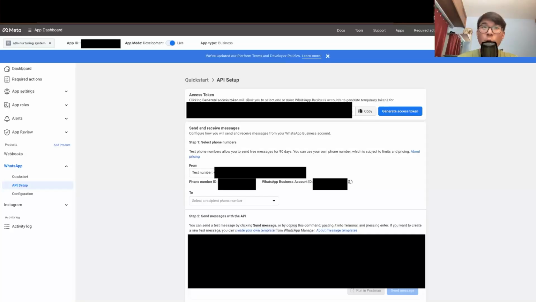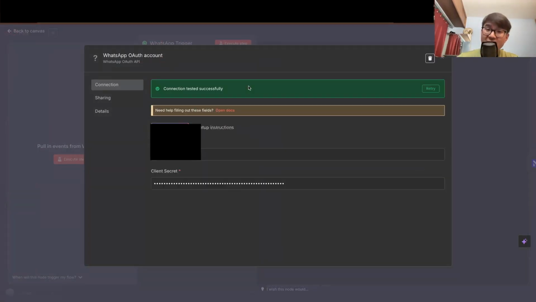For the purposes of this video, I'll be using a test number which Facebook will provide to you. Take note that the access token here is only for short-term testing purposes. So if you really want to bring it to production levels, you'll need to generate a long-term token for it. Because you're using a test number, the expiry for this access token is pretty quick. From experience, I think it might expire within about 30 to 45 minutes. So you constantly need to come back here to this access token to refresh it. Whereas for the credentials to listen to WhatsApp messages, you don't actually have to refresh this at all.